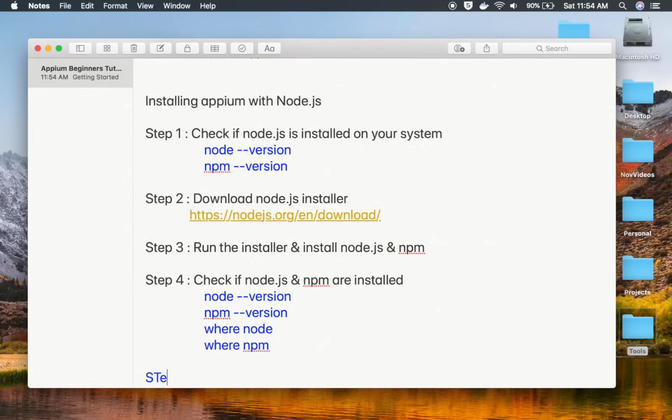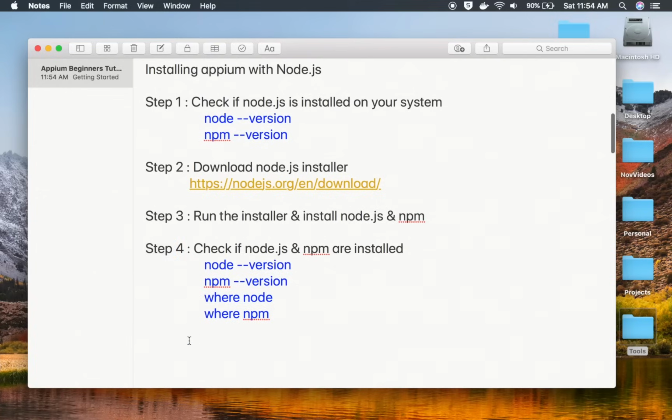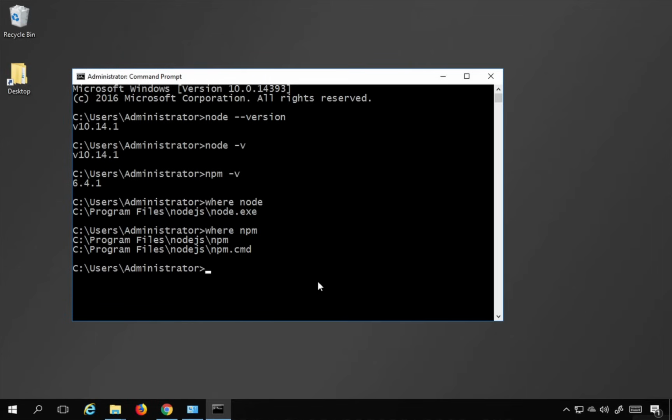So now step number 5 is, now we will install Appium with Node.js, and the command for that is we will say npm install -g appium, where the -g option is for installing globally on your system. So I will go to my Windows and say npm install -g appium, and I will hit enter,